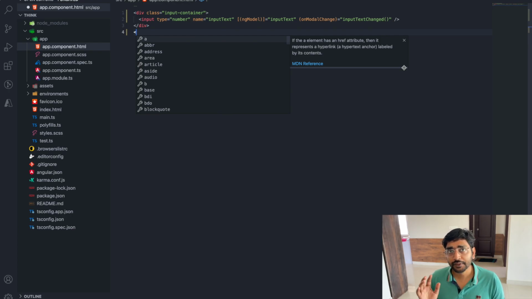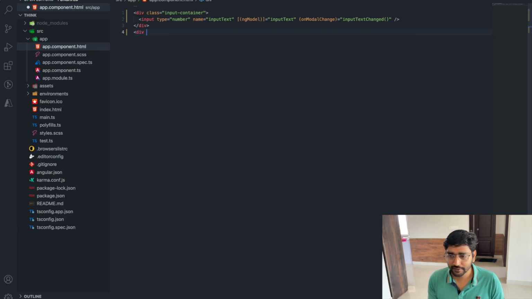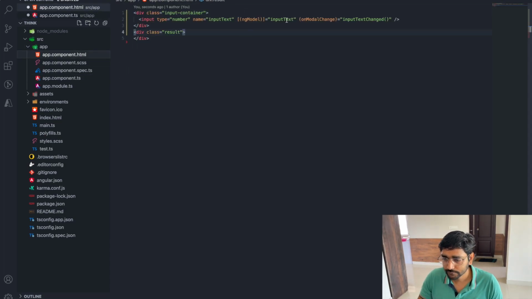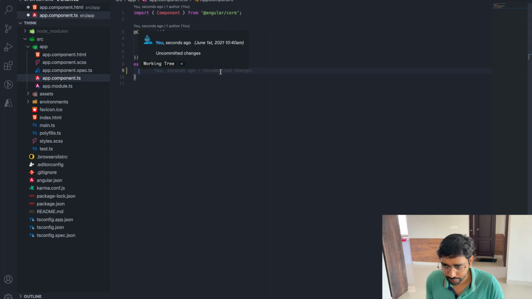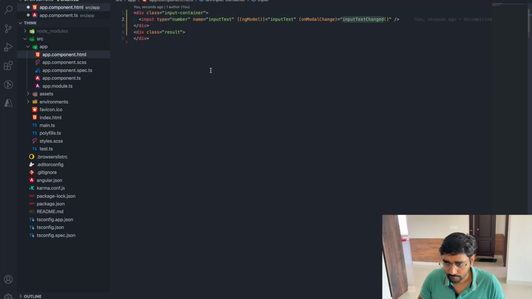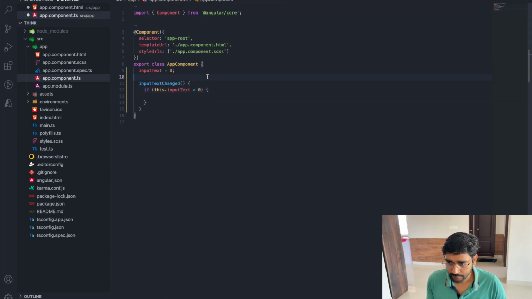then we create another div to showcase our results. As you know, we have used an input box with input text, and we have one parameter bound directly to the model and one parameter bound to a method, so I'll implement those. Alright, so we have implemented the basic structure of methods and things inside it. Now we will think about the result.